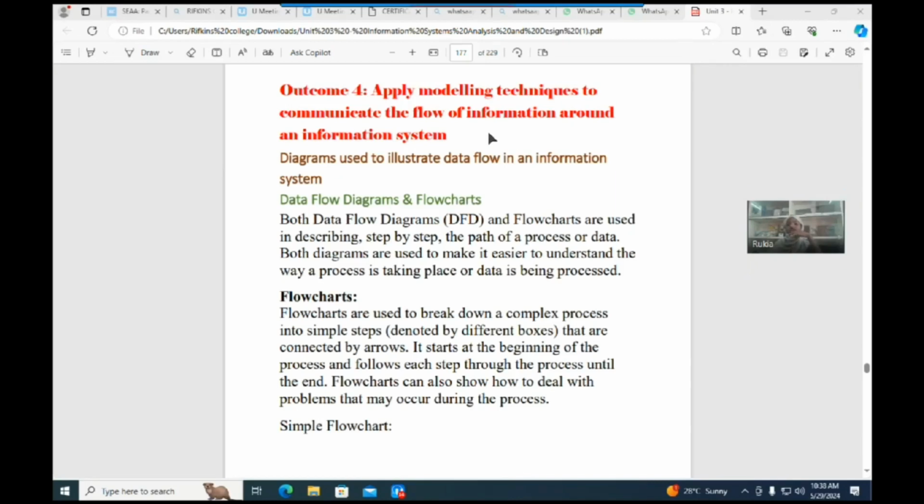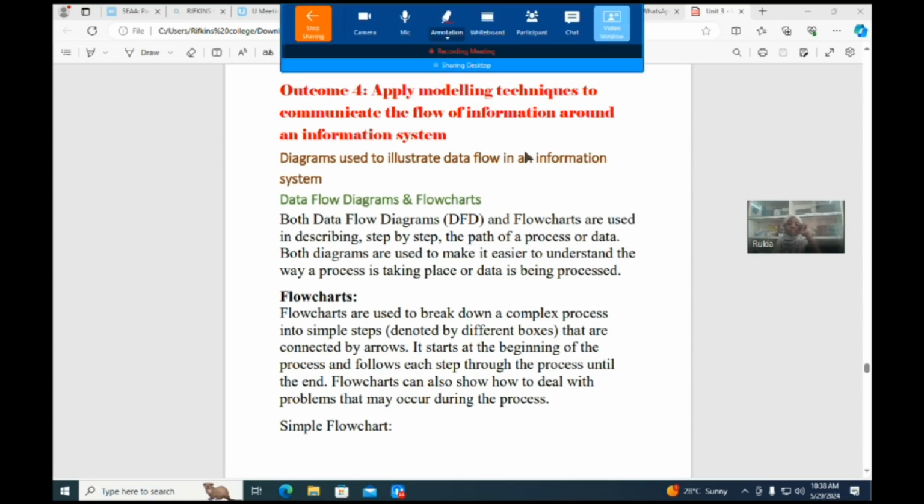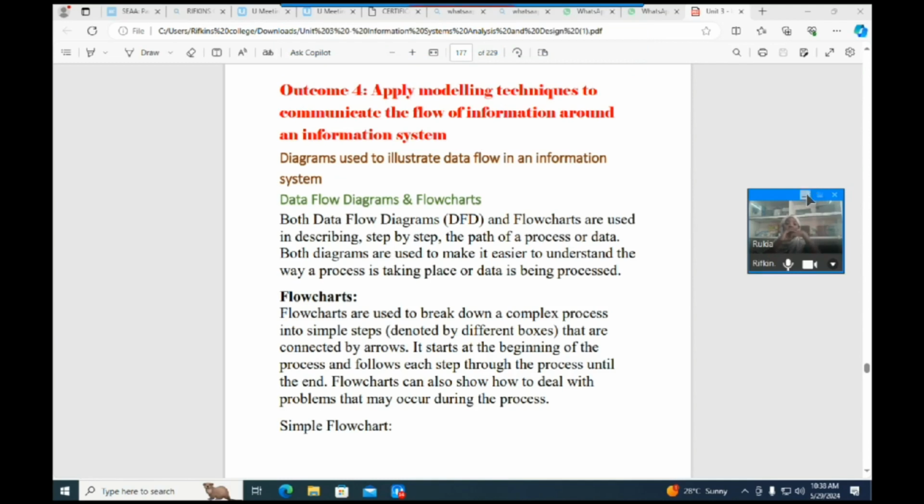Outcome 4 is applying modeling techniques to communicate the flow of information around an information system. So we're going to look at the various techniques that we can use to show how information is actually flowing from one point to the other in an information system. That is basically what we are going to focus